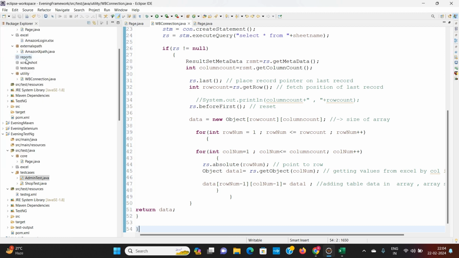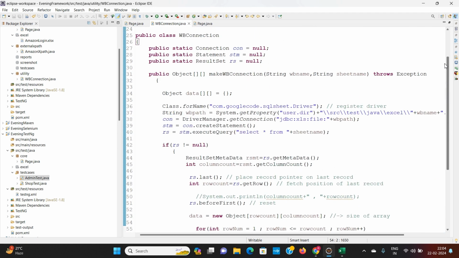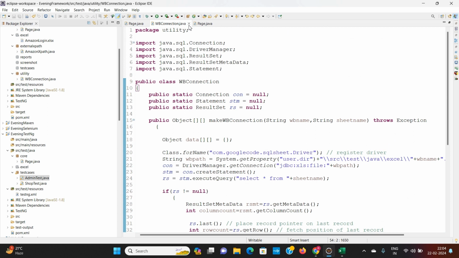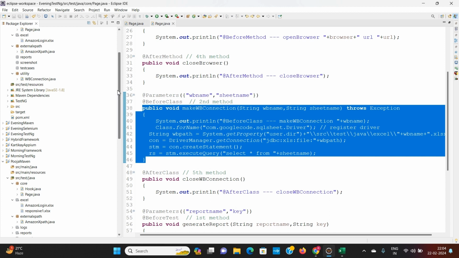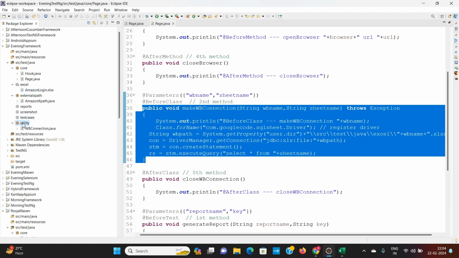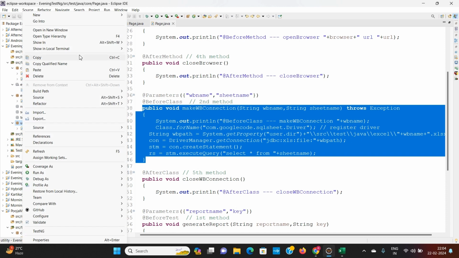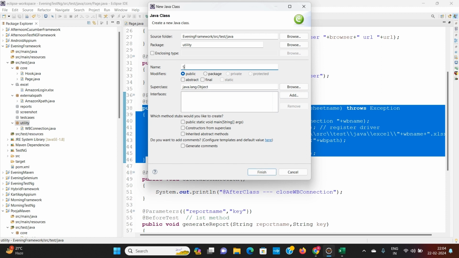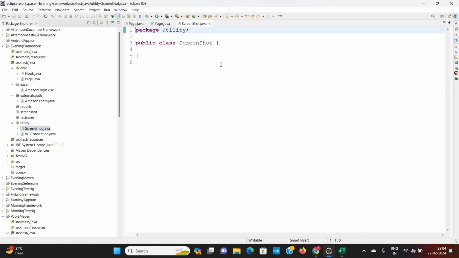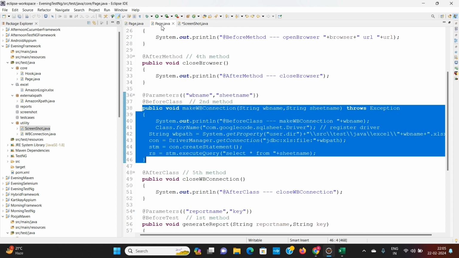So this is the one-time code we have written to read the data from the Excel workbook. Again, one more utility I will create is to take the screenshot. Right click, new class, say screenshot, and again I will copy the code from